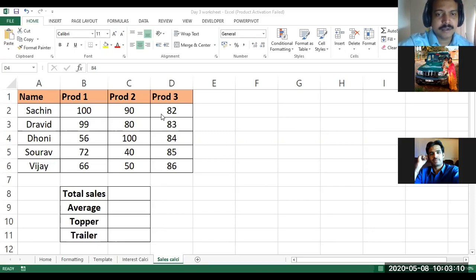With that assumption in mind, we are trying to do some calculations. I'll tell you what calculations I'm going to do without macros first, and when I ask you to do it, we'll directly do it with the macros. In the first cell, we need to calculate total sales. We have 3 product categories, so we are going to record 3 different macros. We are going to calculate 4 things, so 4 calculations for 3 product lines. In one macro, I'm going to record 4 operations, then another 4 for the second macro, and another 4 for the third macro.